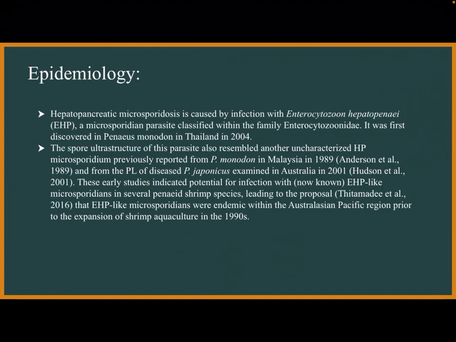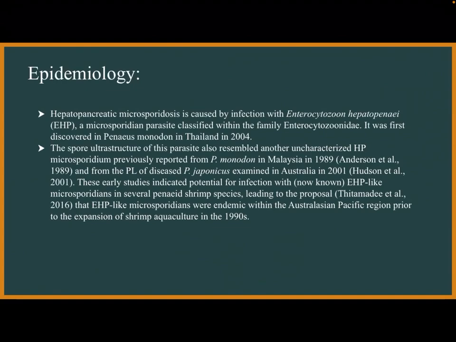The spore ultrastructure of the parasite also resembled another uncharacterized hepatopancreatic microsporidium previously reported from Penaeid in Malaysia in 1989 and from the PL of diseased Penaeus japonicus examined in